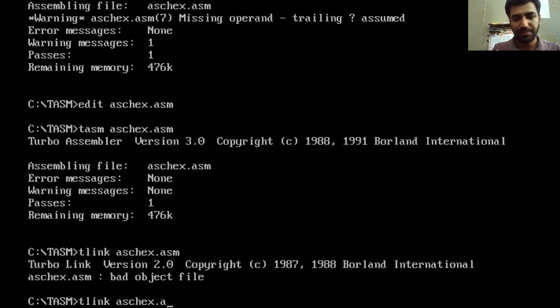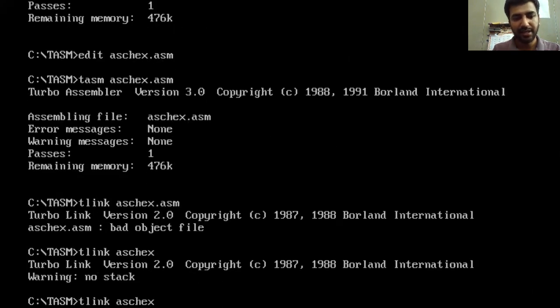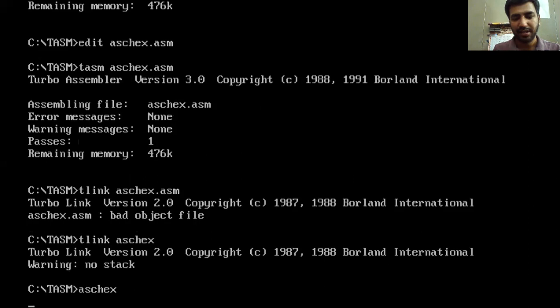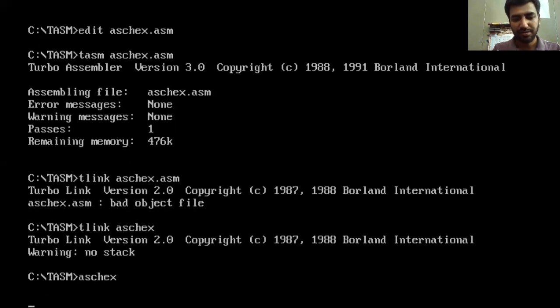Okay, TLINK, and after that if I directly write as2hex, this would not work, so I have to do it again.